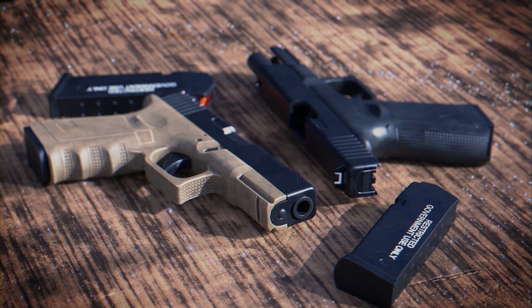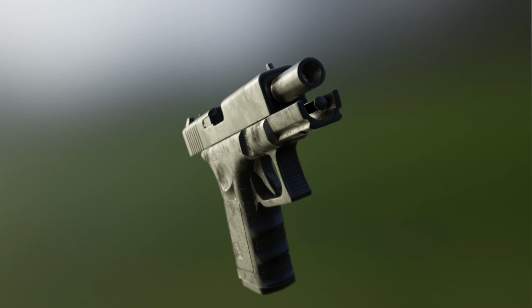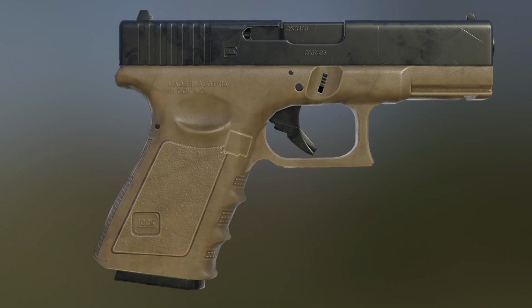Today I'm going to go over my workflow for creating textures within Blender, as an alternative approach for those who don't have Substance Painter, like me. Anyway, here are the results. You can see some images on the screen. I've got two variants, a tan one and a black one, and it was really simple to create with the